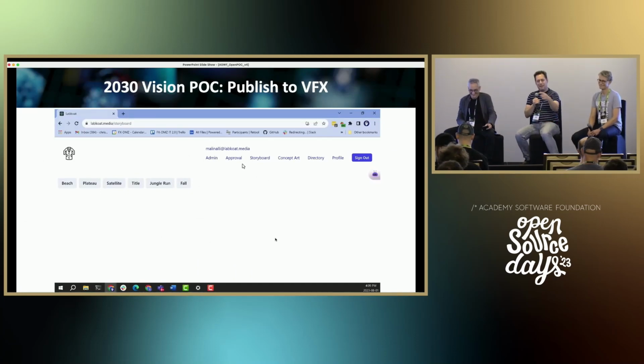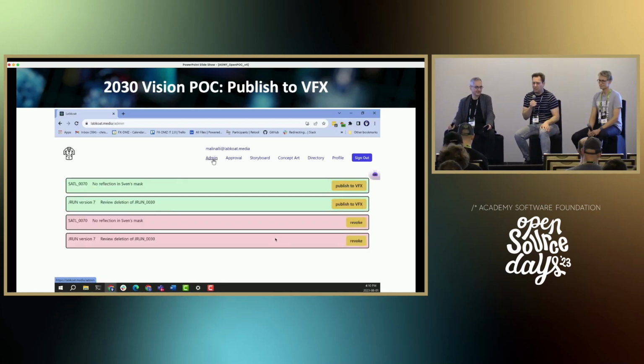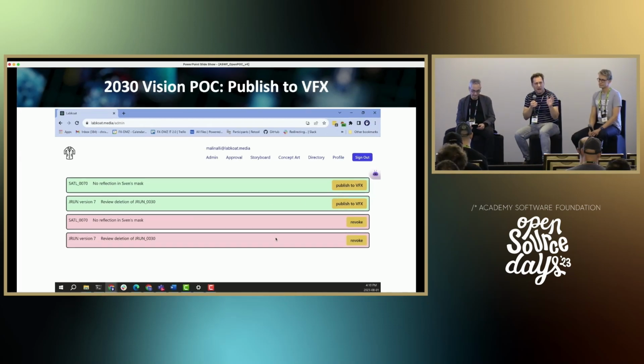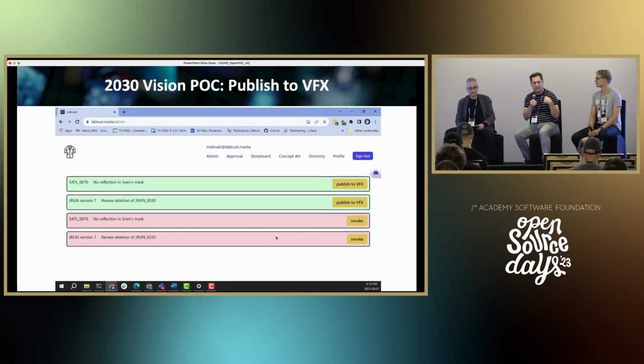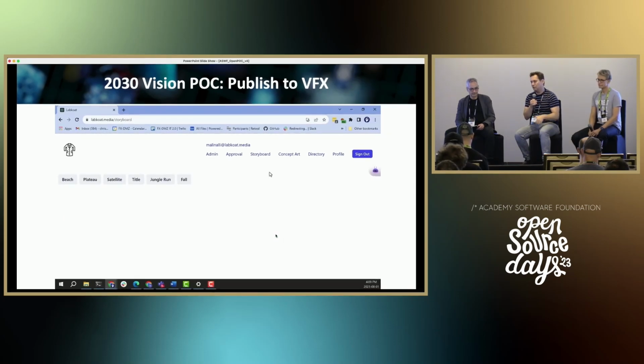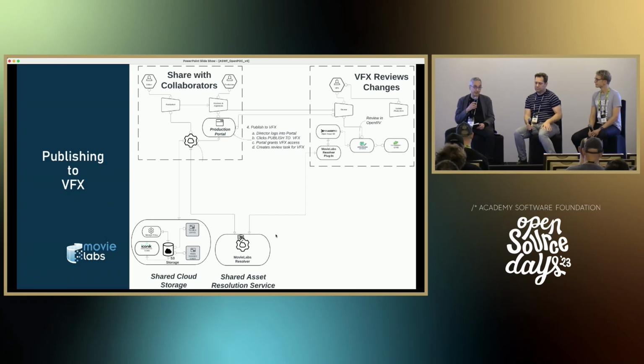But yeah, so basically at this point, you go in and we've created a simple workflow. Again, in the future, this will be done in other production management tools. And then we want to be able to publish to VFX. Instead of, again, the process of notifying someone or doing editorial turnover with email, once I've decided as the director that I want my VFX house to see that, it's a matter of just hitting a simple publish button, which changes the access permissions. And we also have the ability to revoke. So if you change your mind, you can undo what you just did.